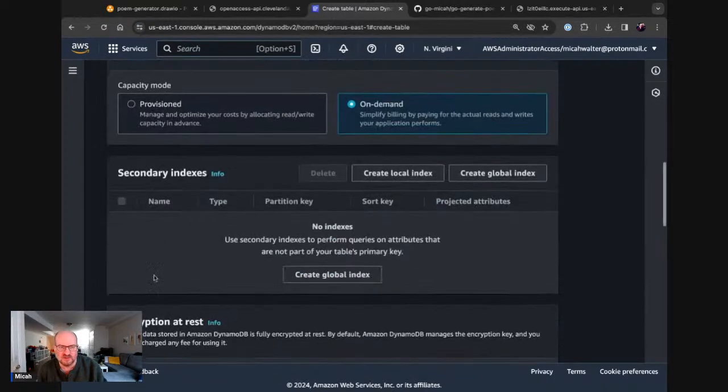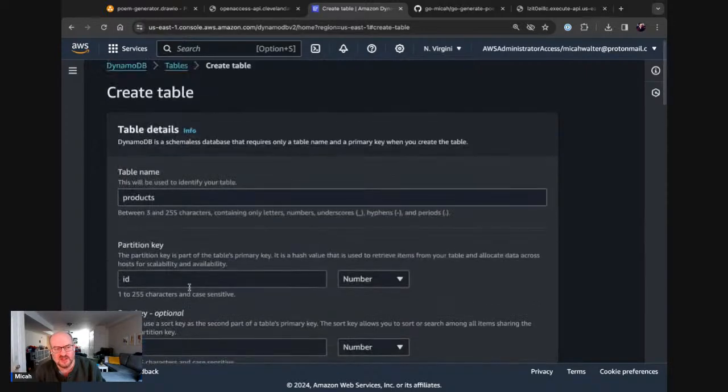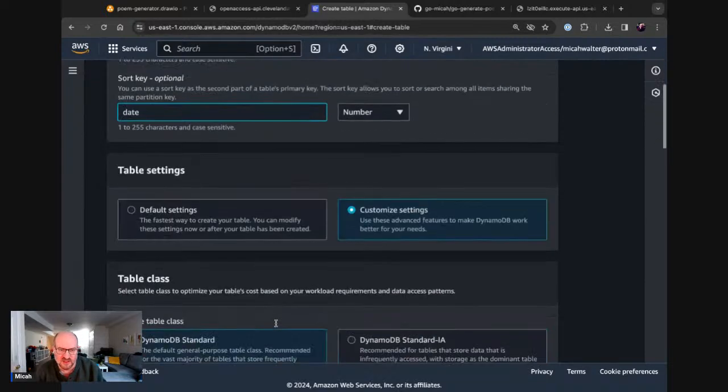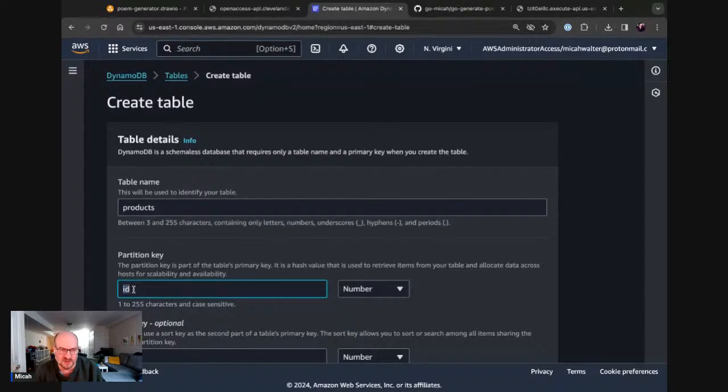But you also want to be able to look up things by the ID and some other date, like, I don't know, modified date or something like that. You could create a local index and have essentially a different sort key. So this could be created date, and your secondary index, for example, could be modified date. So just some ideas. And that would still use the same partition key. So that's a way to add more sort keys, basically.